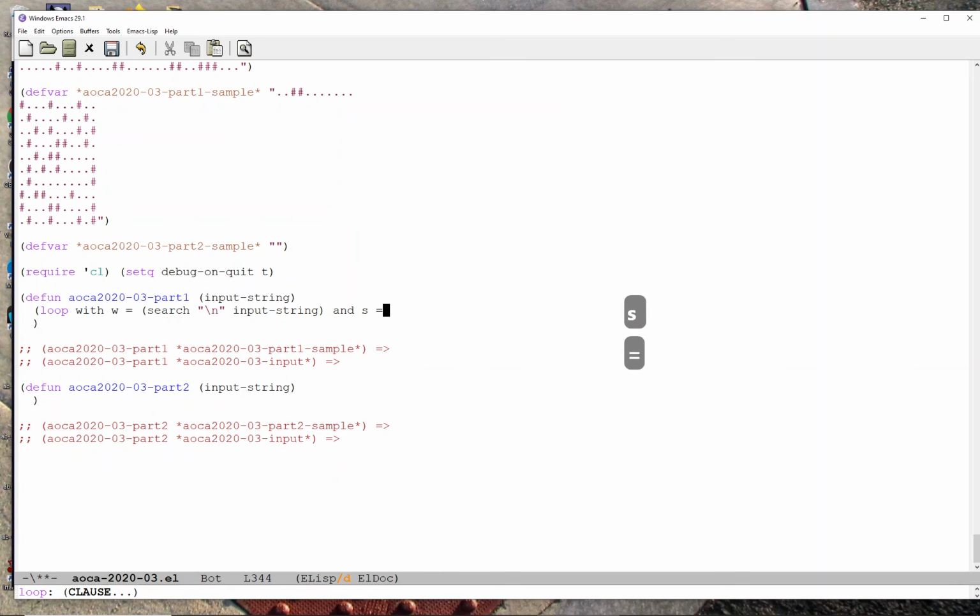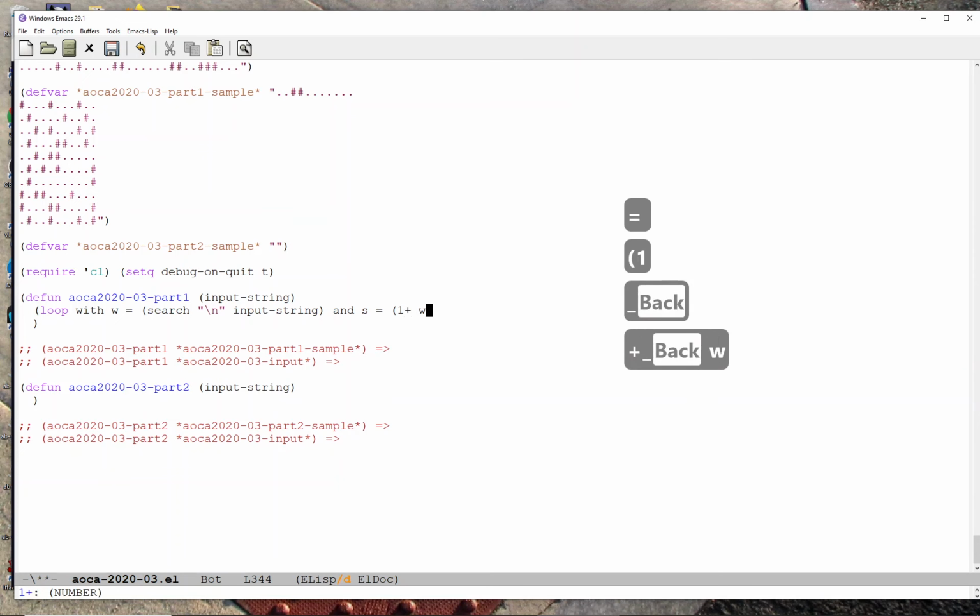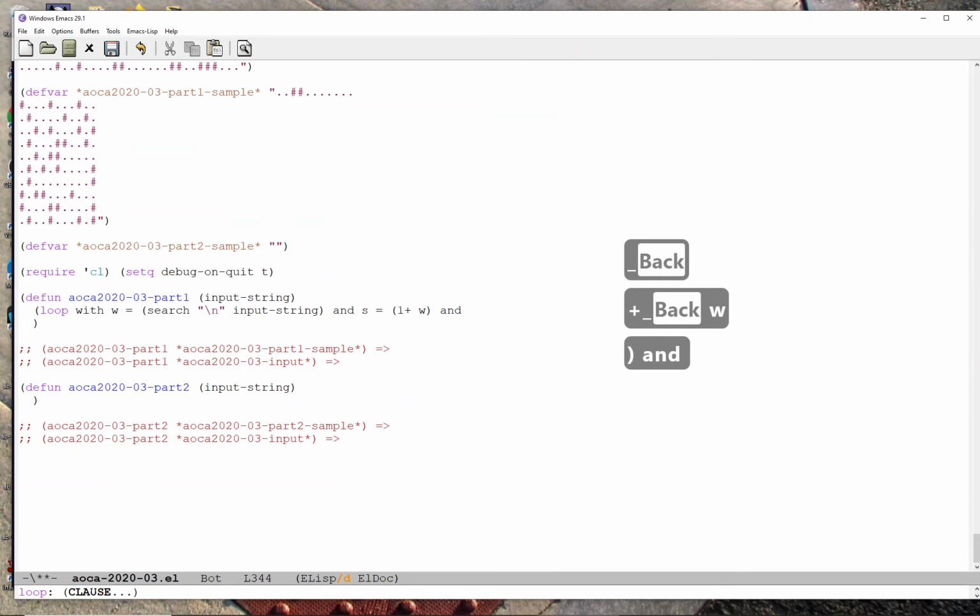So I'm going to say s equals 1 plus w, and w, sorry, no, x width, yes, width, and height equals,